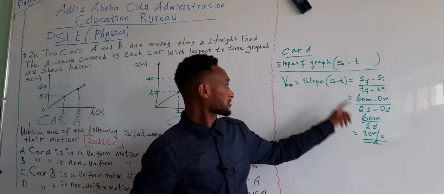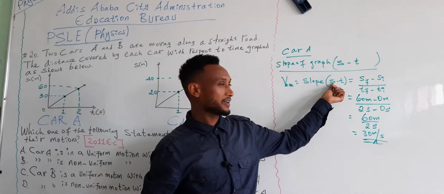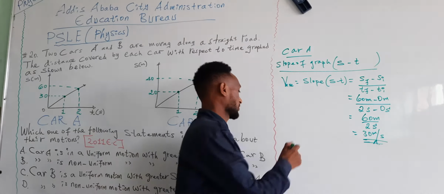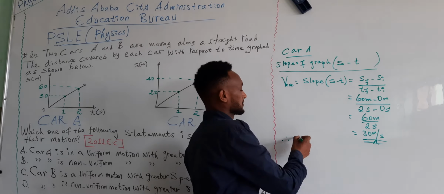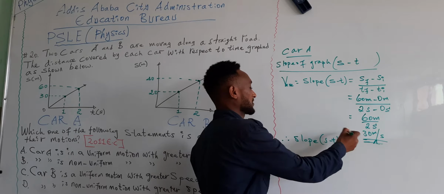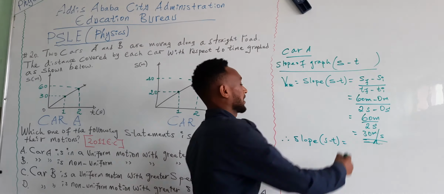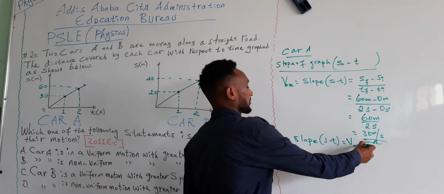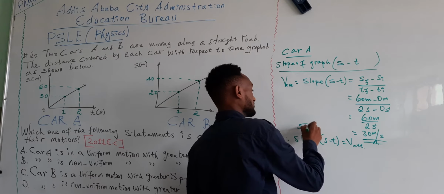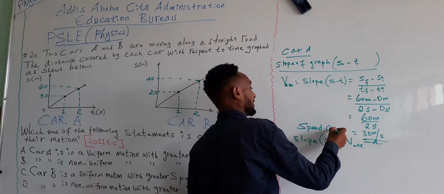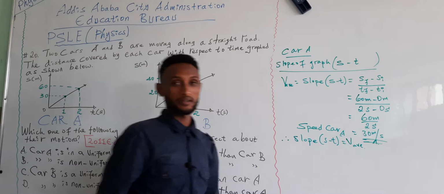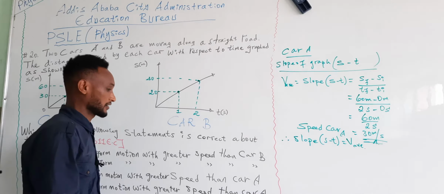This is the slope of the distance-time graph. The slope of a distance against time graph always gives the average speed of the motion. So the speed of car A is equal to 30 meters per second. And for car